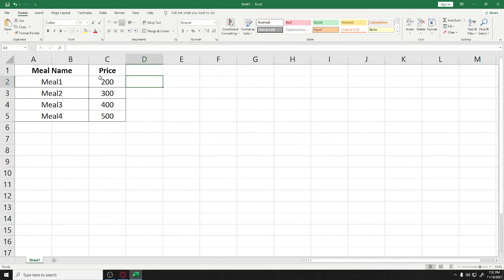So in here, you need to create another, separate table where you're going to input the condition. So here you need to input the formula in price. So the formula is